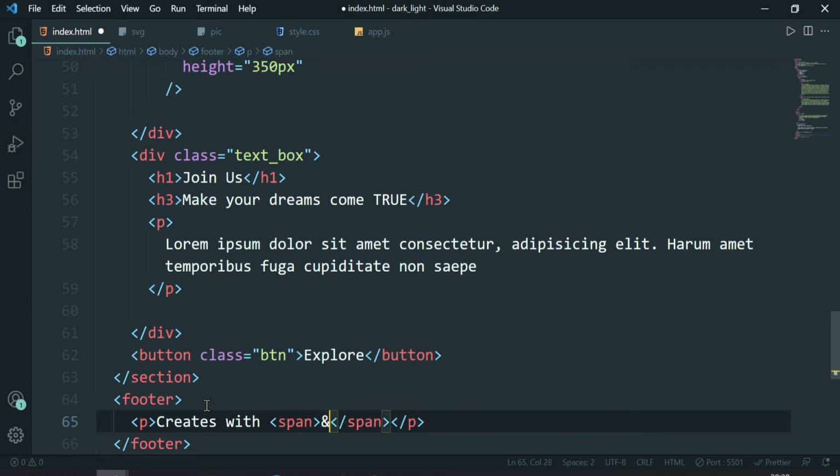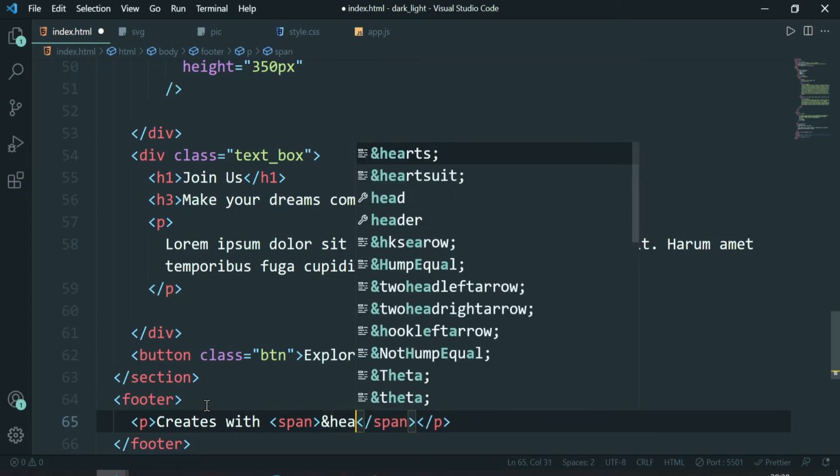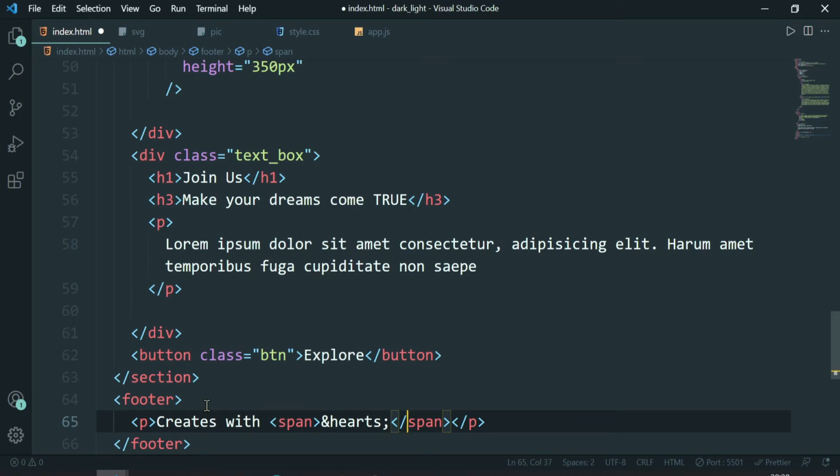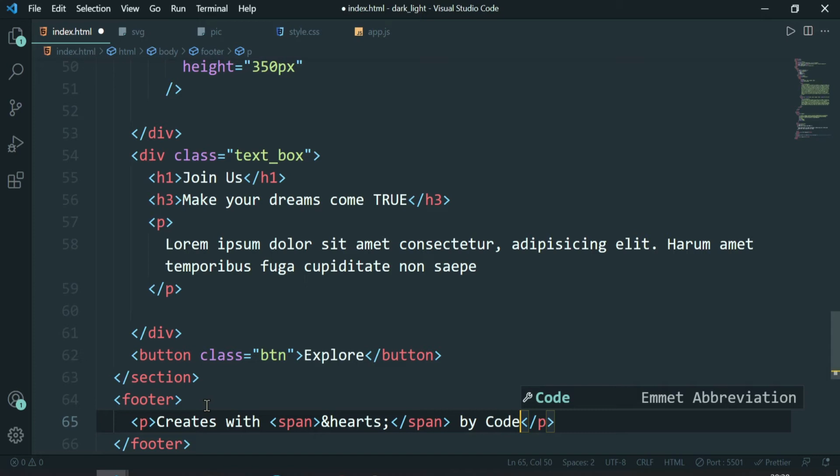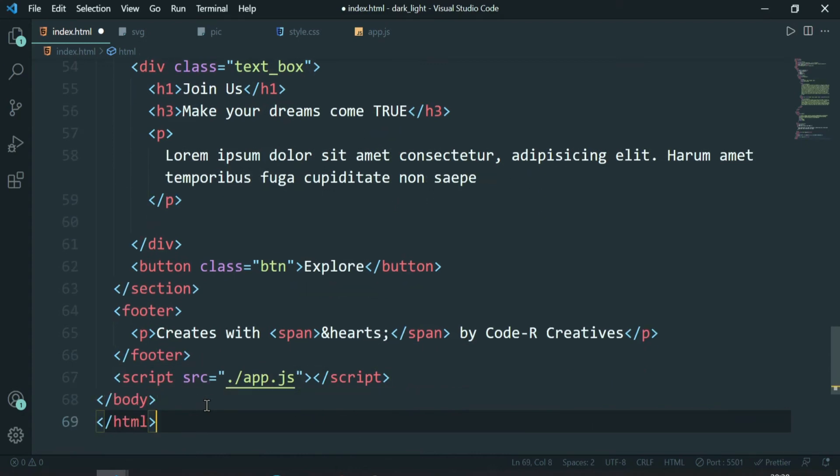For that I will be using ampersand hearts to insert a heart, so this will be like "created with love, by code creatives". So yeah, now we are good to go with our HTML file.